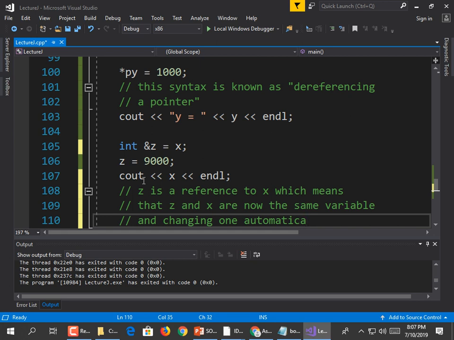It's like I have two signs pointing to my house. And then I follow one sign and I paint my house green. Well, the other sign's now also pointing to a green house. And so